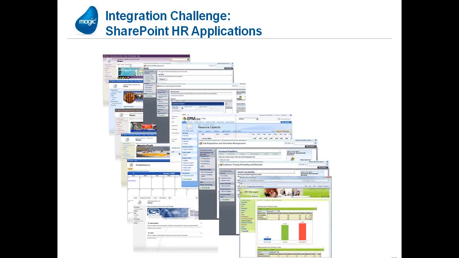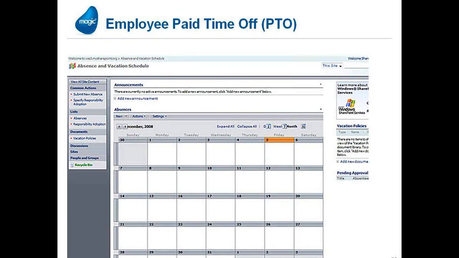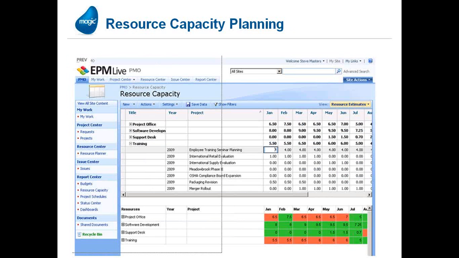They need a way to interact to get that information, so that you don't have to do duplicate data entry. You want to have automated processes between your new SharePoint employee self-service applications and your back-end systems. And so here you can do things like have employee paid time off interfaces running in SharePoint that will then integrate on the back end to JD Edwards.